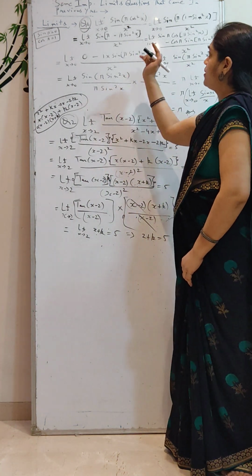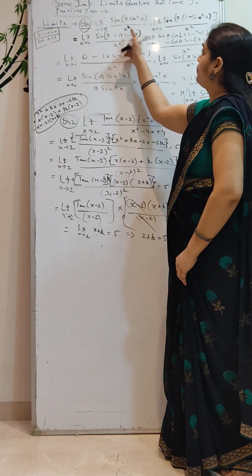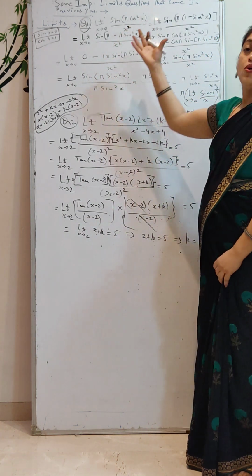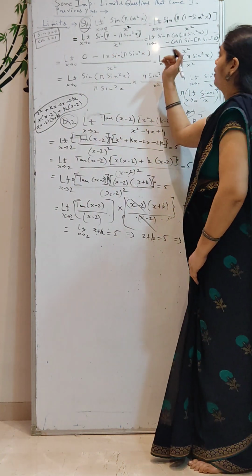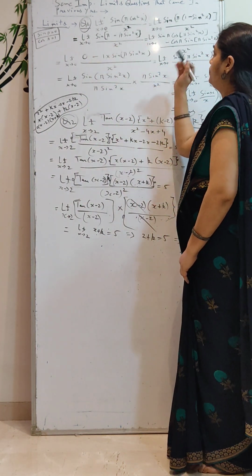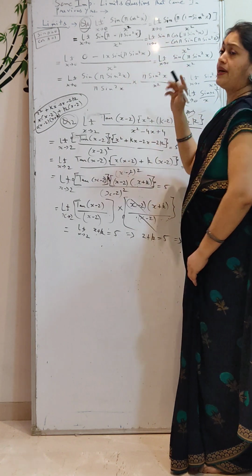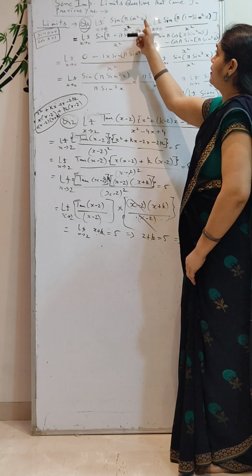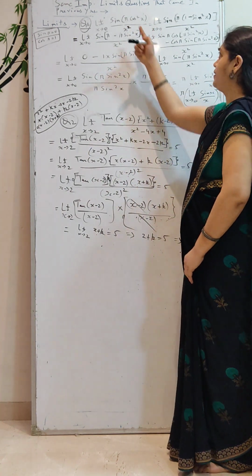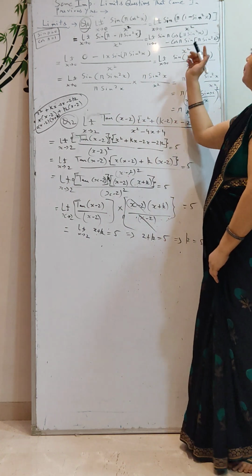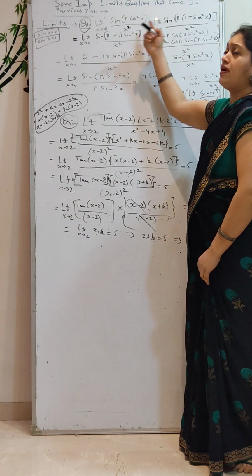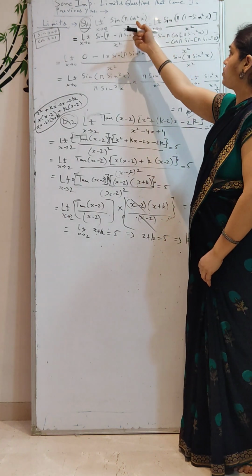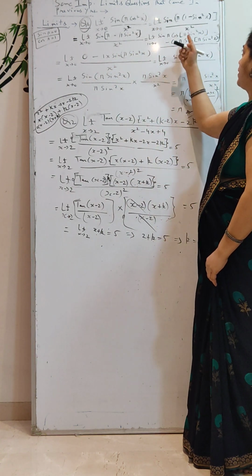The first question is limit x tends to 0 of sin(pi cos square x) upon x square. How will we evaluate this question? We know that limit x tends to 0 of sin x by x is 1, but here the theta is not in simple terms, it is pi cos square x. We know that cos square x is 1 minus sin square x, so we will replace cos square x by 1 minus sin square x.